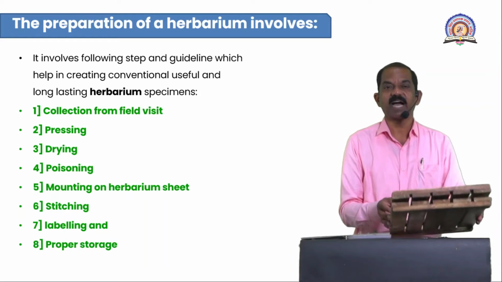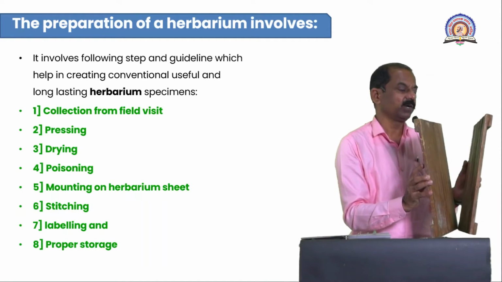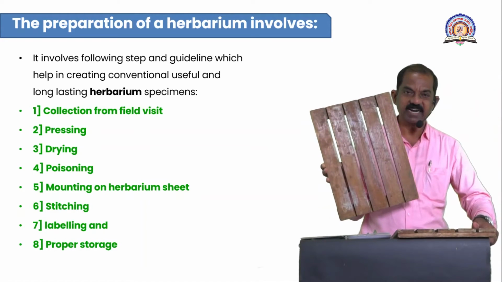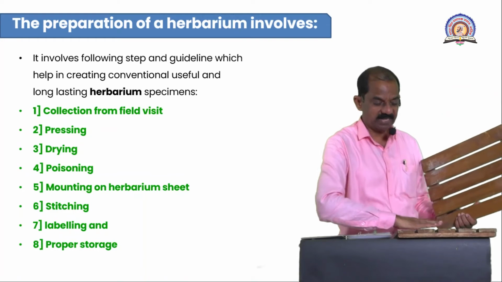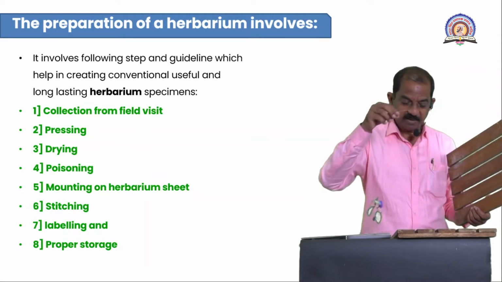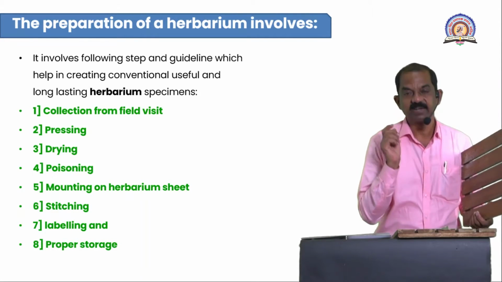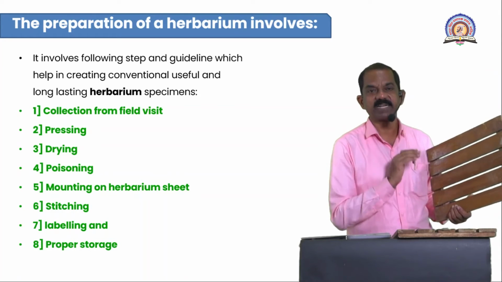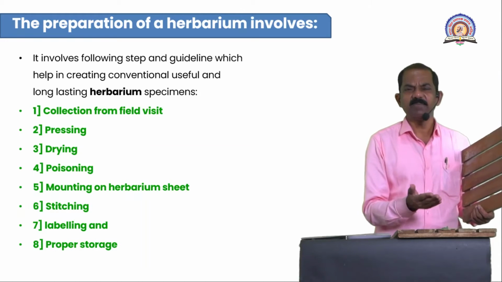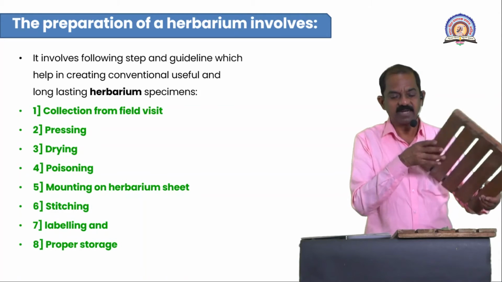This is another piece of equipment known as the plant press. It has two parts. One is towards the lower side, on which we place newspapers, and on the newspaper we place a flowering twig at the center. Again a newspaper is placed, and again another plant. In this way, 10, 20, or 30 plants are placed one above the other.